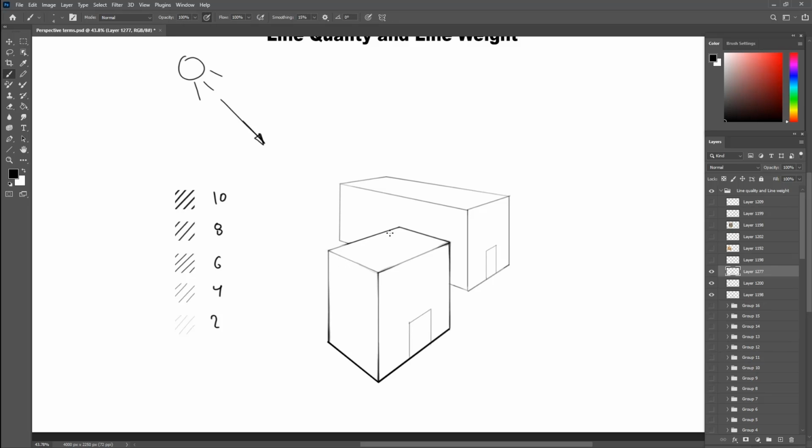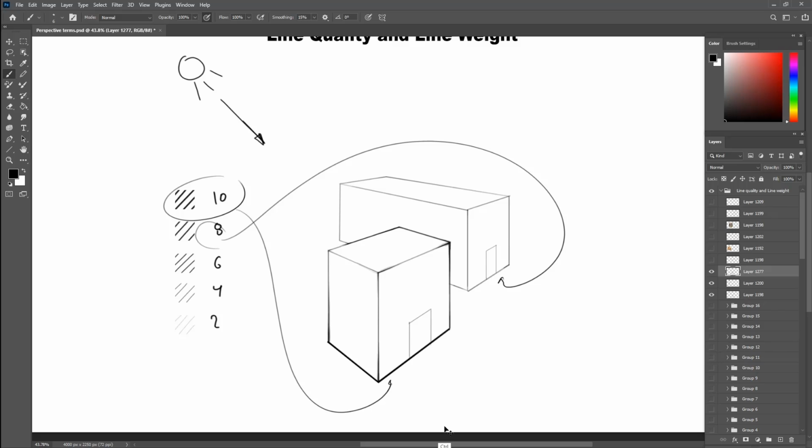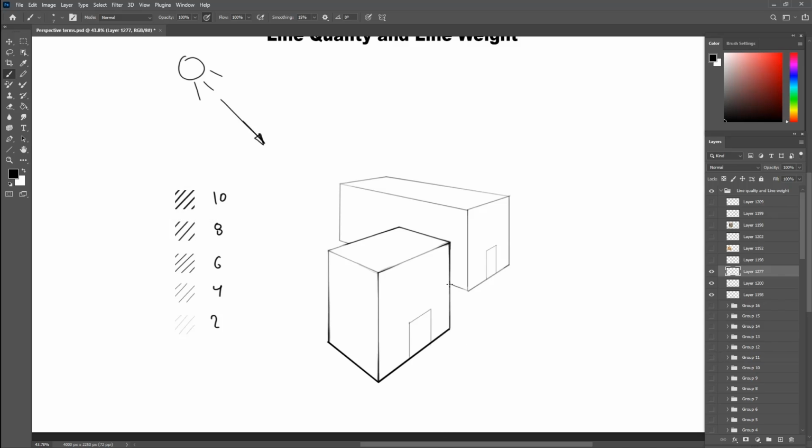To do the background building, we now do the exact same thing we did for the foreground, but we lower everything by 2 points. So we use the 8 points line for the ambient occlusion, the 6 point line for the shadow edges, 4 points for the corners and the tapered thick lines, and finally 2 toward the interior edges, but with a lighter touch than the one I did in the first one.